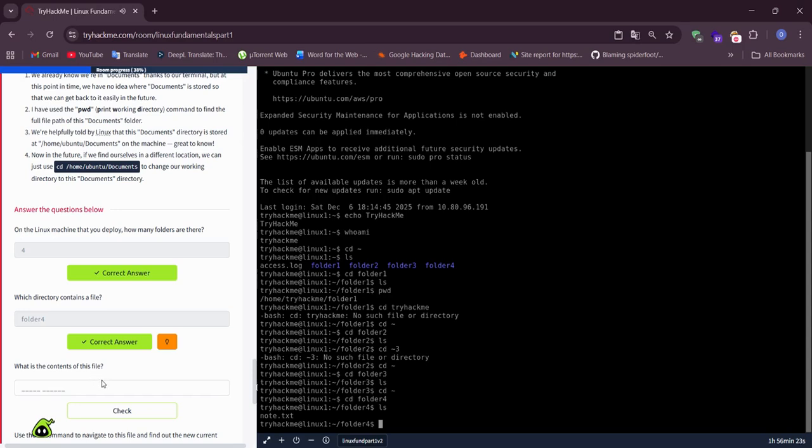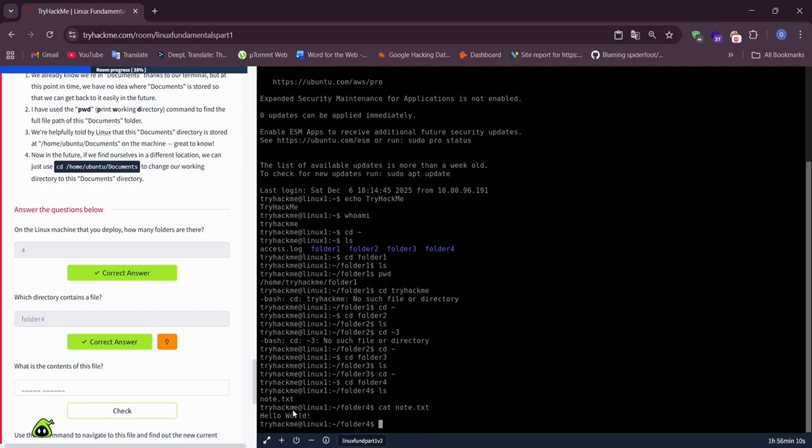What is the contents of this file? And we must use the command cat. cat note.txt. Hello world.